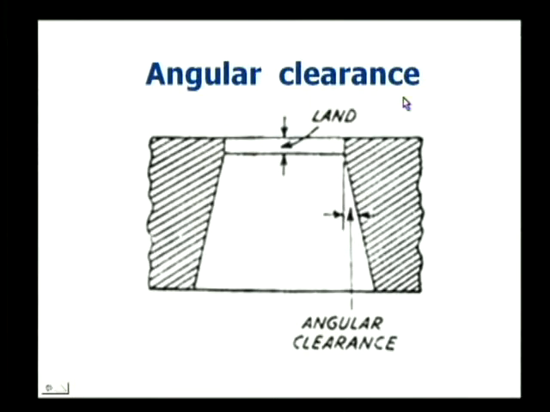Now, angular clearance. We have seen earlier in the die cavity at the bottom some angular clearance is also allowed. So, this portion during which the dimension is the same is called land, and this is the cutting edge and this is the land. This is the straight portion, and below it you can see the tapered portion, and this tapered portion is required to be provided on the die, and this tapered portion is known as angular clearance. So, this is essential to have easy disposal of the blank.